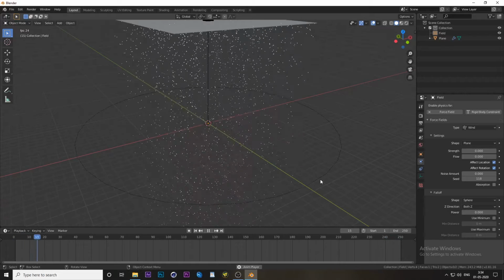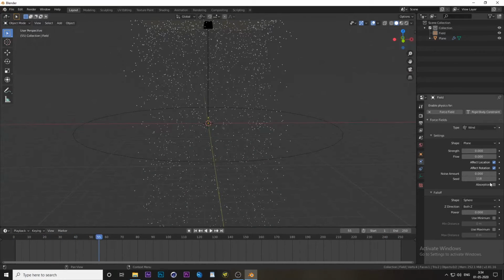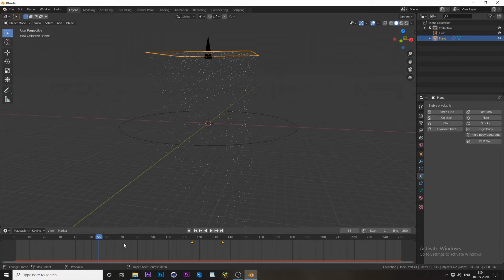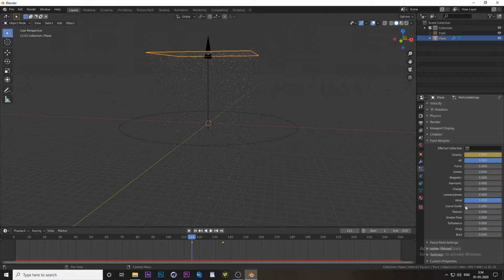Alright, not bad. Okay, now we're also going to animate the wind. Just select the plane, go to frame 115 and go to the particle system, turn it to 0, and again go to the frame